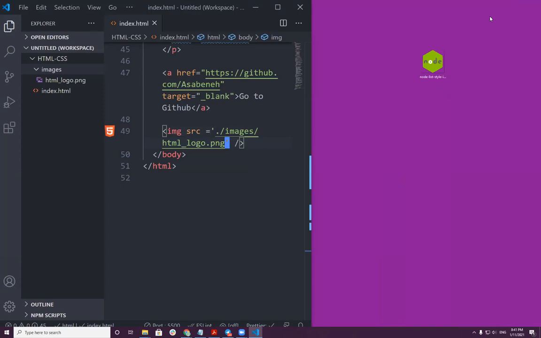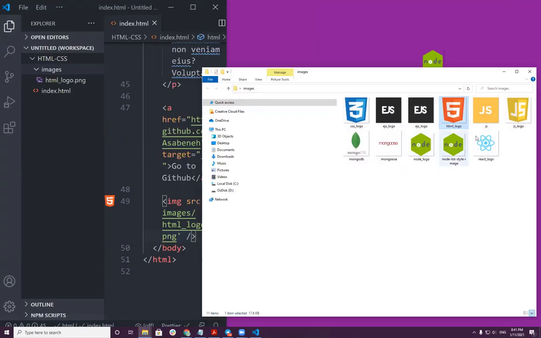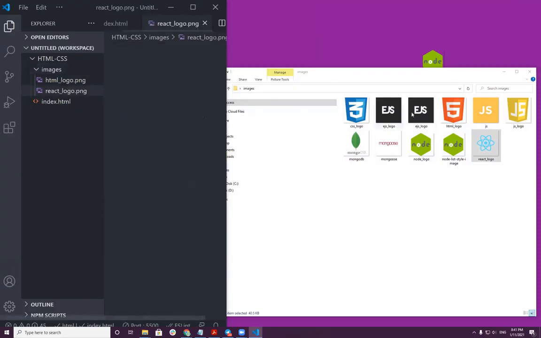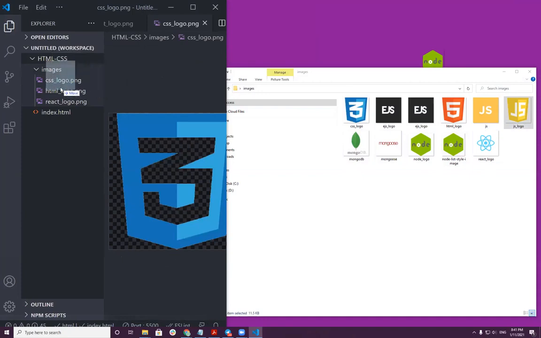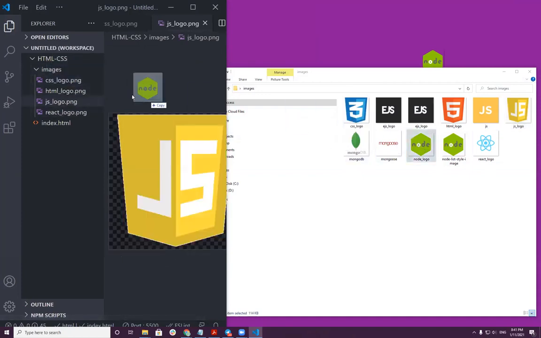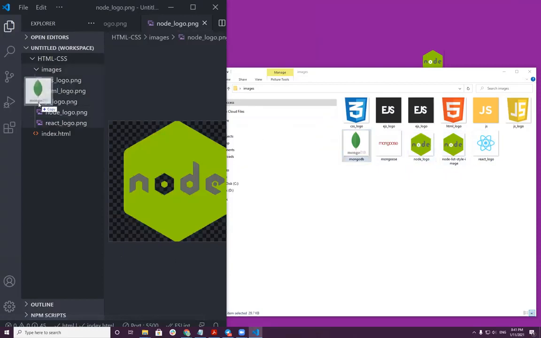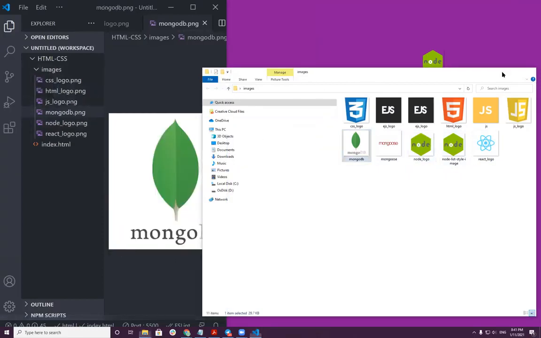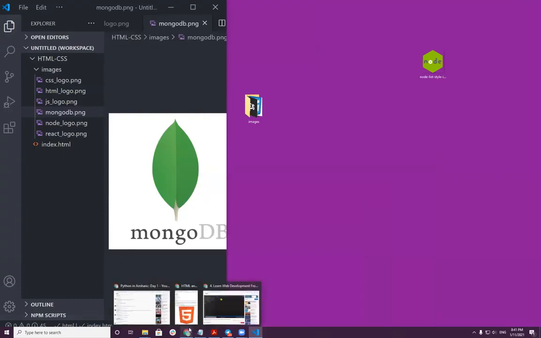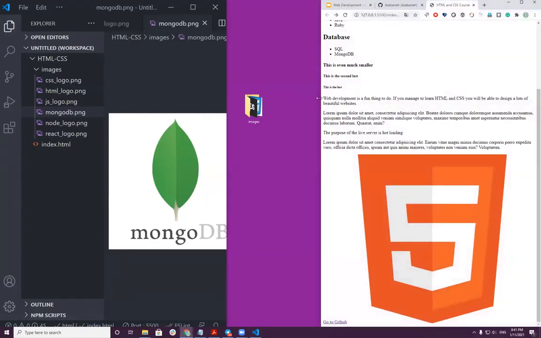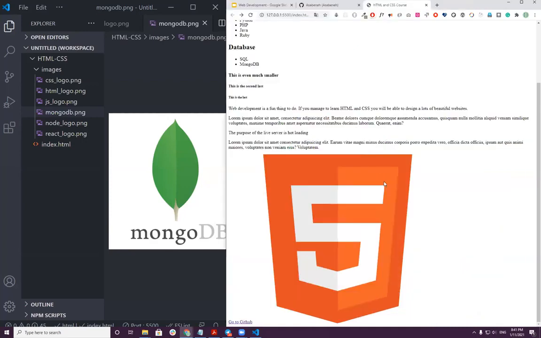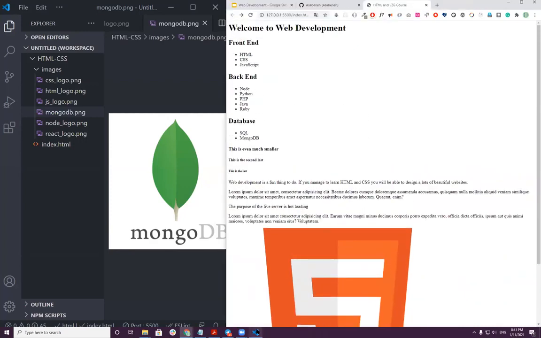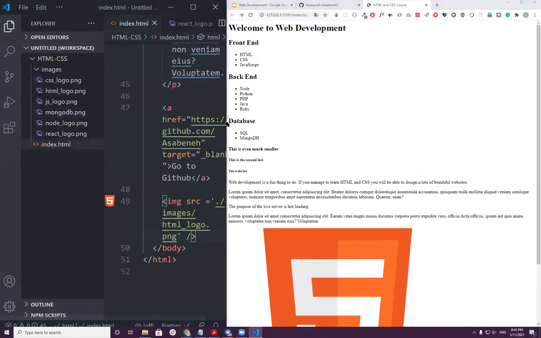Now let's also get more images from this folder. I actually take almost all of them, for instance React and CSS, maybe JavaScript, Mongo, Node, MongoDB. I may or may not need them, but now I have plenty of them. So let's do another. Let's also display CSS. So to display the CSS,